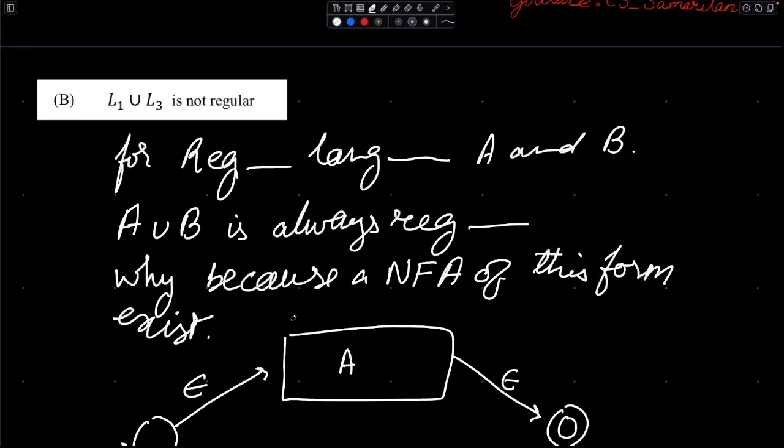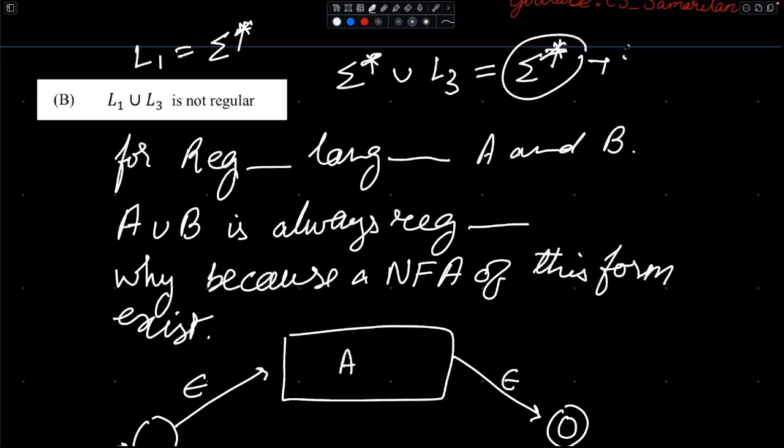Now your regular language has a unique case known as Kleene closure. L1 can be equal to Kleene closure, and Kleene closure is the superset of all other languages. So L3 is going to be a subset of Kleene closure, and a union with Kleene closure, L3 being a non-regular language, is going to give you Kleene closure only, which again is regular,